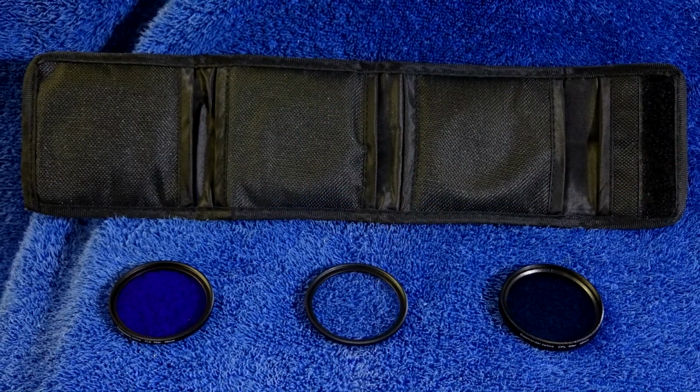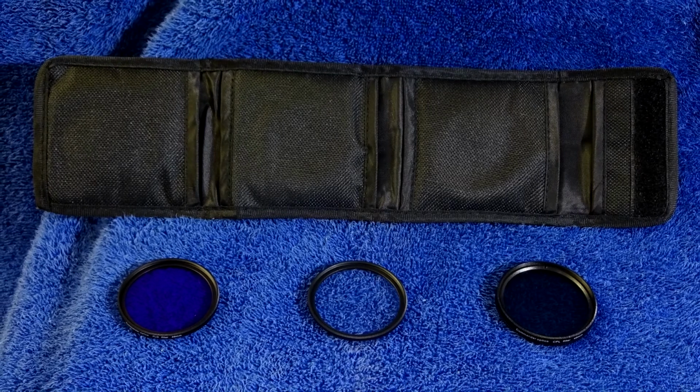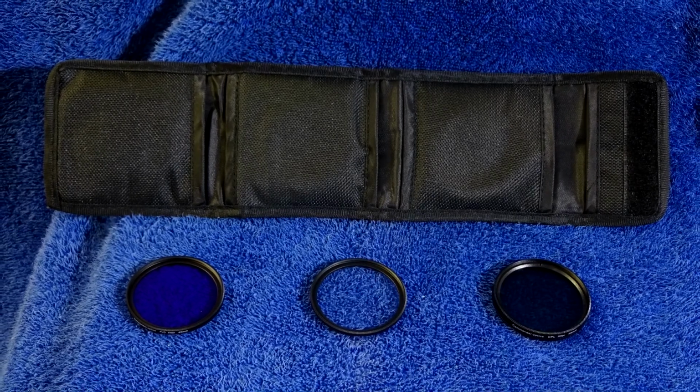The next thing we have are the lens filters that come in this package. The package actually came separately. It was provided by Paging Zone, and each one of the filters was wrapped in plastic. I've taken them out. So as you can see, I've got the darkest one here, and it fits neatly into the case. There's one that's slightly lighter right there,